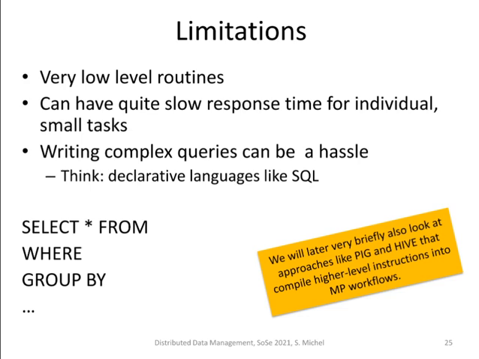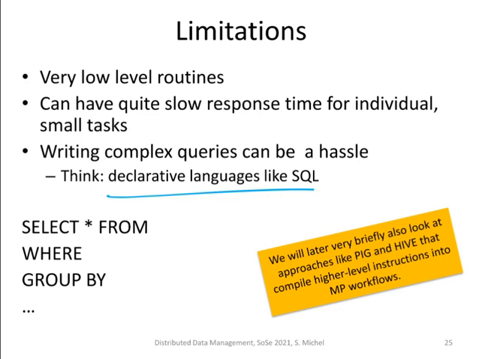However, when you're looking at the MapReduce functionality, given only these two functions, map and reduce, it's also kind of cumbersome to write higher level routines, right? For instance, if you want to implement SQL queries or joins, you have to spend some time thinking about how you would do it. So it is easy to write some simple code, but if you want some higher level functionality, it becomes quite a hassle. On the other hand, in database systems, we all like SQL queries. Well, we might not all like them, but this is very elegant and easy to write. And if you want to do this in MapReduce, at least in the initial versions, it was not really supported.